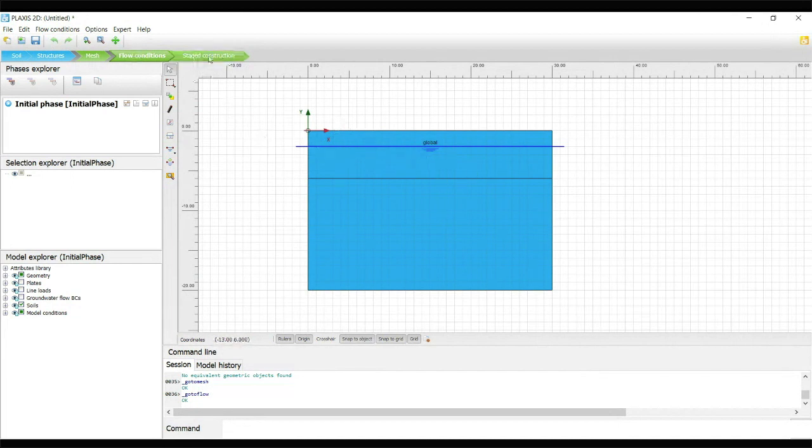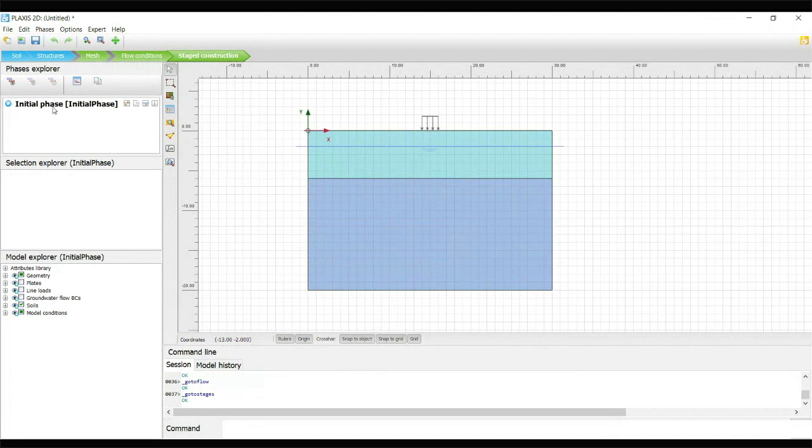So next, staged construction. We can move to staged construction. In the staged construction, the program automatically generates the initial phase condition. Initial phase means all the structural elements we generated in the structure mode will be inactive, so only the soil mode will be active.